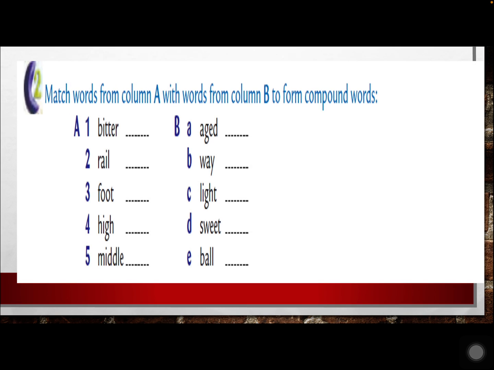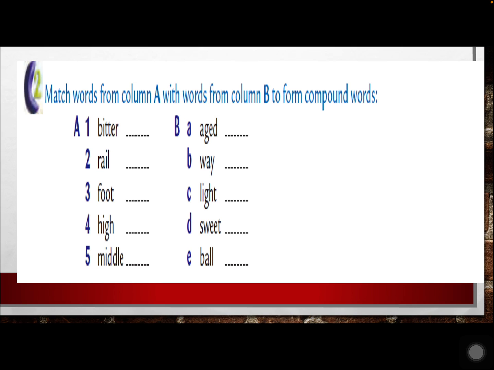Now let's do a matching exercise. Match words from column A with words from column B to form compound words. So here we need to exercise the compound words and how to make them. Let's start with the word aged. And the word aged,